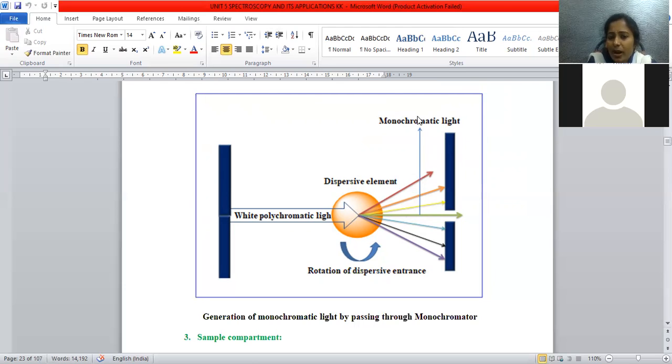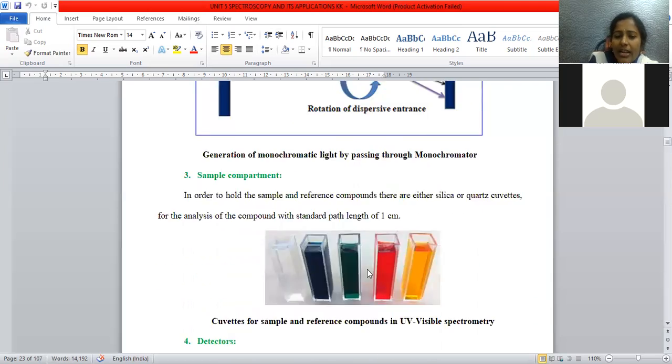When all 7 colors pass to the monochromator slit, this slit has the provision to choose only one kind of radiation. The remaining radiations will be discarded. A selective beam of light can be chosen; this is the property of a monochromator.